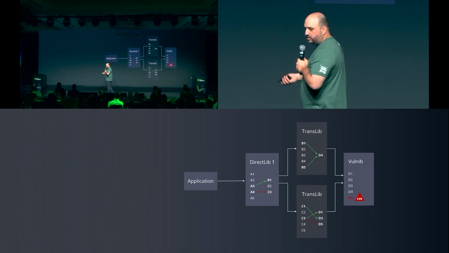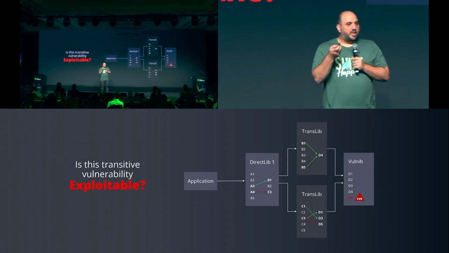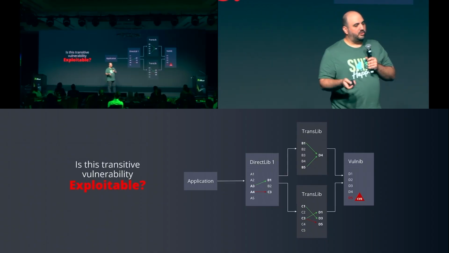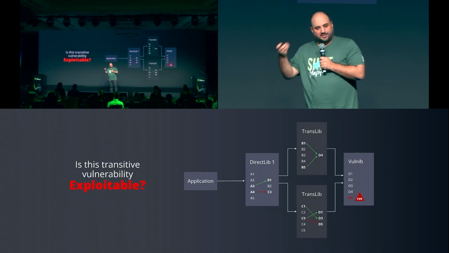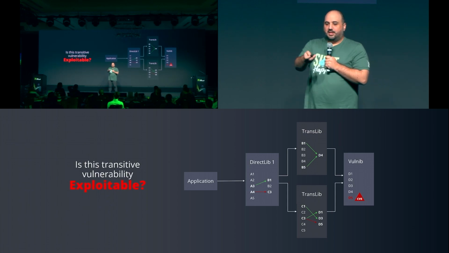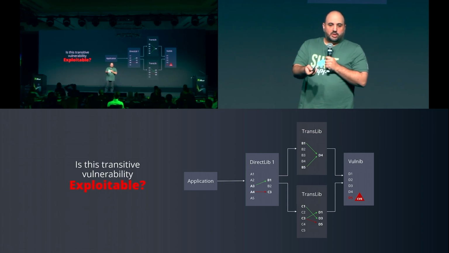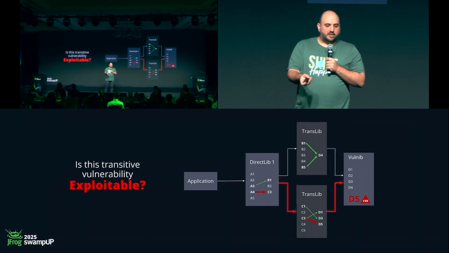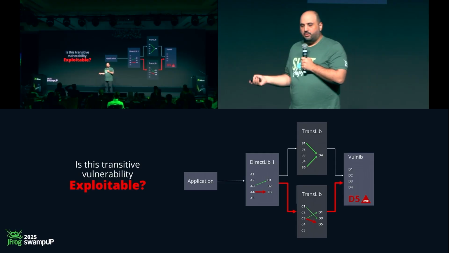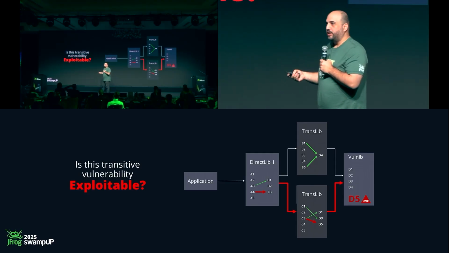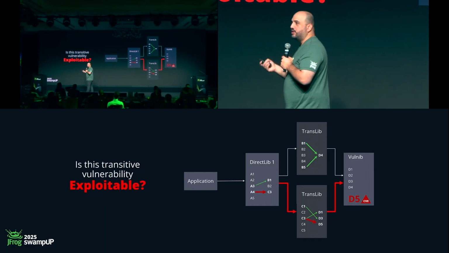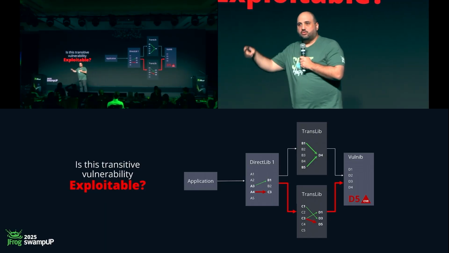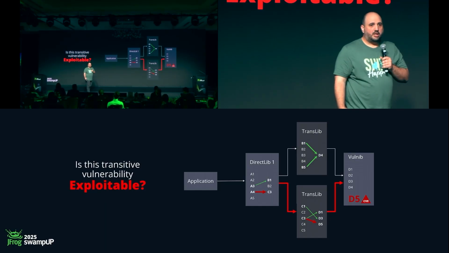So we looked into it and we wanted to say, look, we have an application, it has a direct library, that library has a transitive library, and that transitive library might have a transitive library of its own. This becomes complex. And finally, we want to understand whether there is a direct path between my application, my direct library, its transitive library, and the vulnerable library. And we want to see if we're actually calling the vulnerable code. And this goes to layers. We've just shown here a couple of layers.